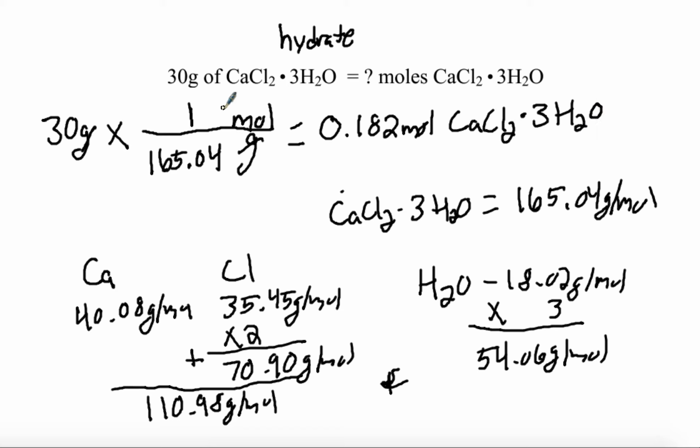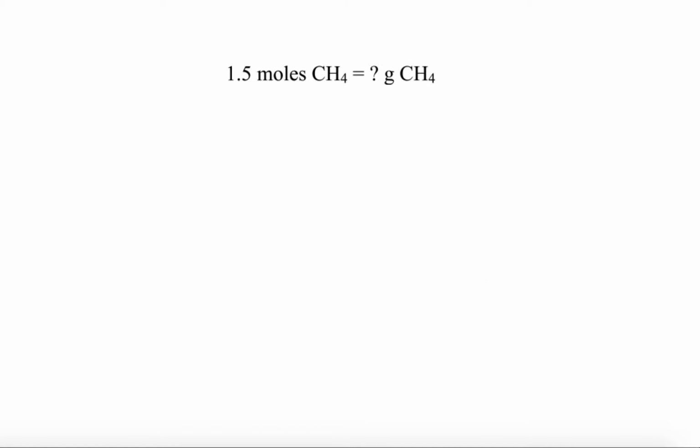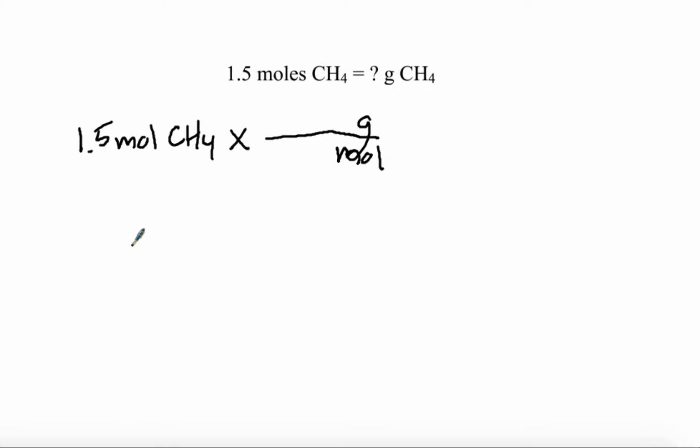So it's just a matter of setting up the units correctly. So let's go the other way now. I have 1.5 moles of CH4, known as methane. Okay, so 1.5 moles of CH4 times, well, now I want grams, so my grams can be on top and my mole will be on the bottom. Okay, so CH4